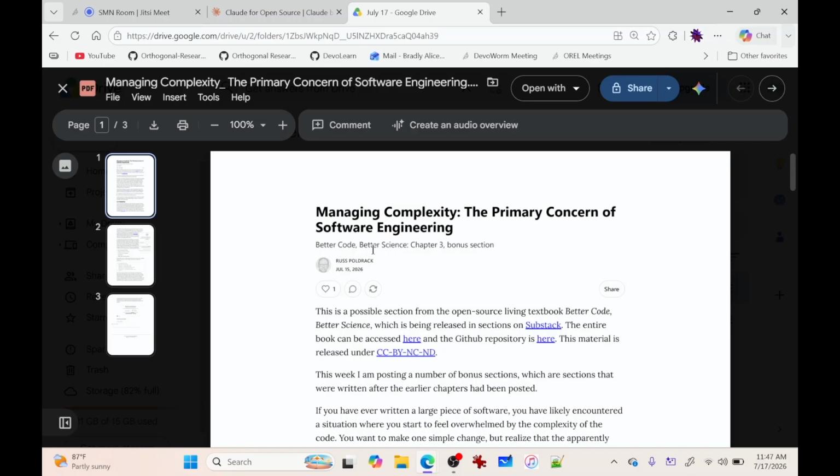He's posting all of these on Substack, which is quite interesting. Yeah, it's his Substack, but it's basically going to be from this Better Code, Better Science book, Chapter 3. So it's a kind of bonus section of that book, and it's interesting because this is a common topic in software engineering, and it's one of those things where